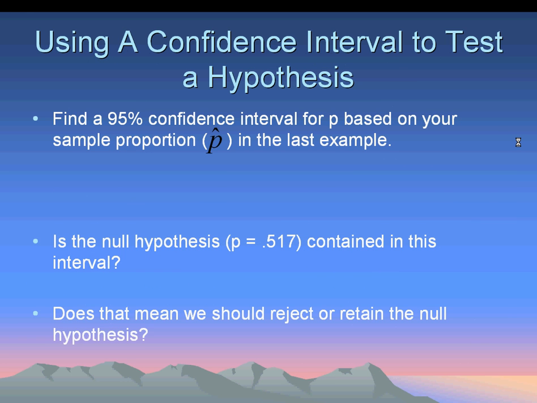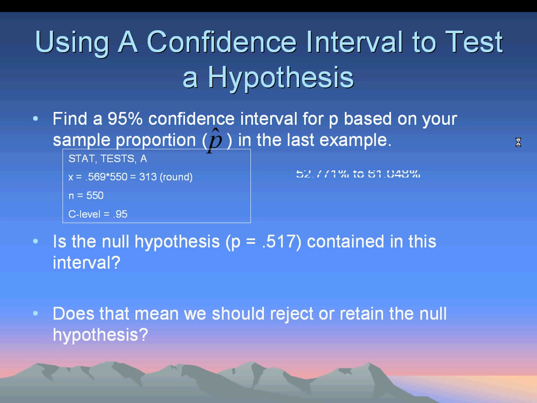Using a confidence interval to test a hypothesis, or to just back up your results. Let's find a 95% confidence interval for p based on our sample proportion. To do this, we go to stat test A, just like we did in the last chapter. x here is probably already in our calculator. Again, it was 313 successes. n is the sample size, which is 550, and our confidence level is 95%, so 0.95. Now when you hit calculate, we get our confidence interval running from 52.771% to